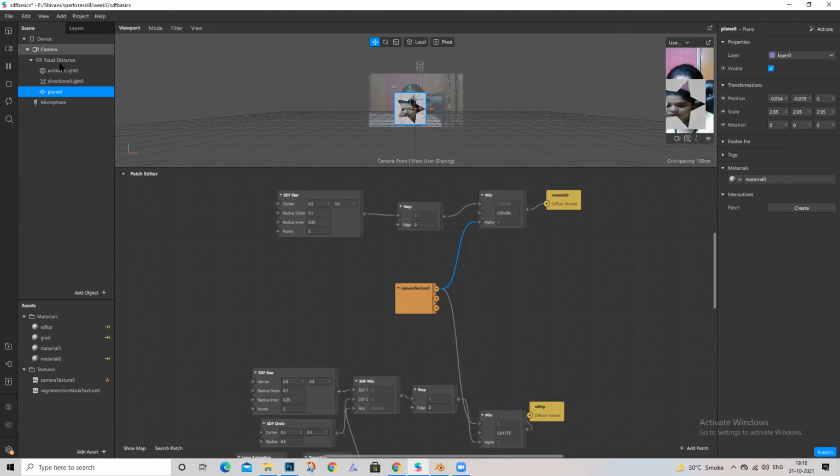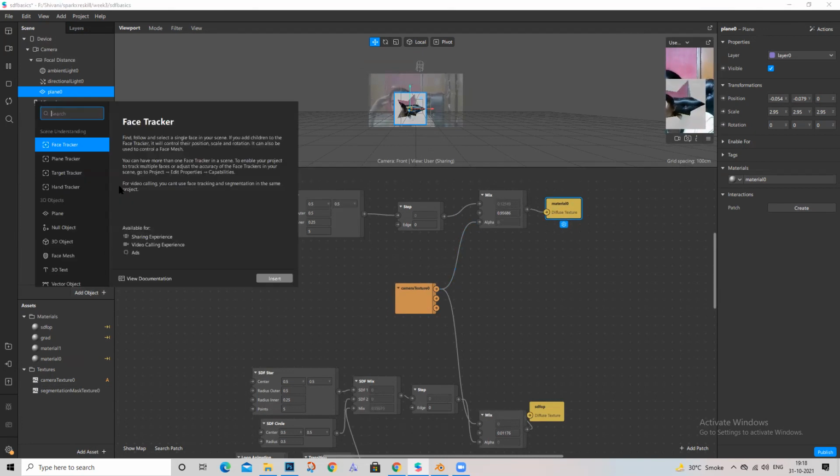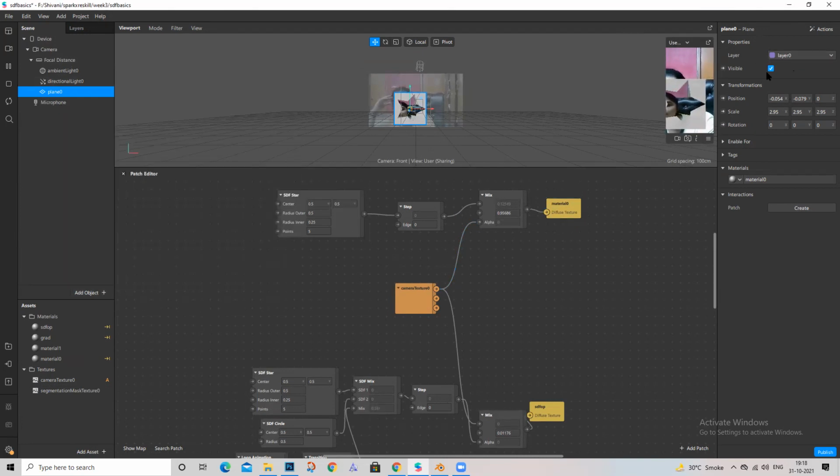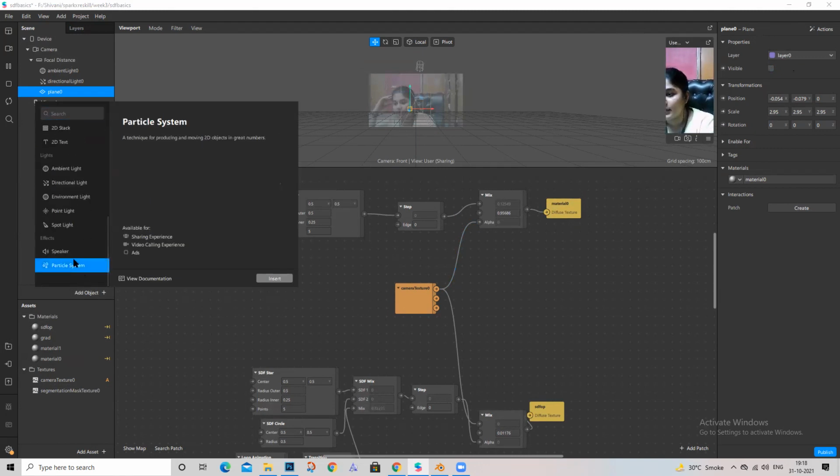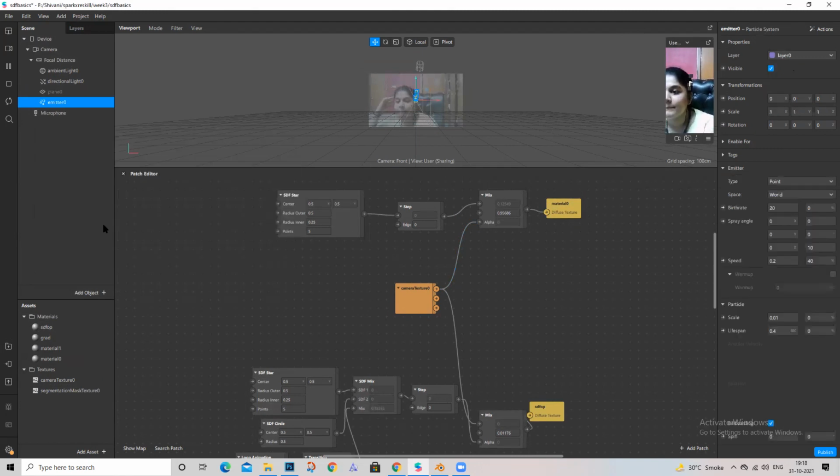So if I, for example, want to make a similar filter as the one I mentioned earlier, I'm going to go to emitter. Hold on. I'll go to emitter, particle system. So I have this particle system over here. I'm going to set it up.